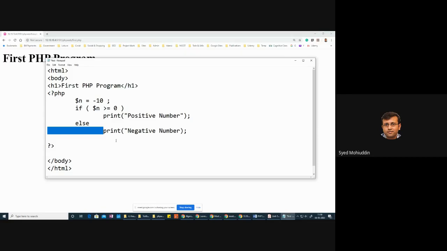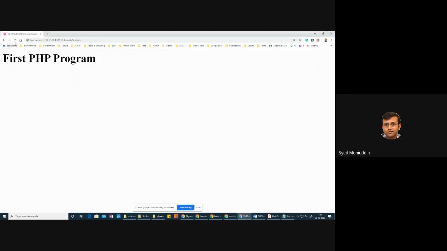Like in Python, we had to indent it to make it part of the if block or part of the function. But here indentation is not part of any syntax. I'm doing it just for having better readability. That's all. Now let us come back to the relational operators, what we were saying. So in this case, what is happening is